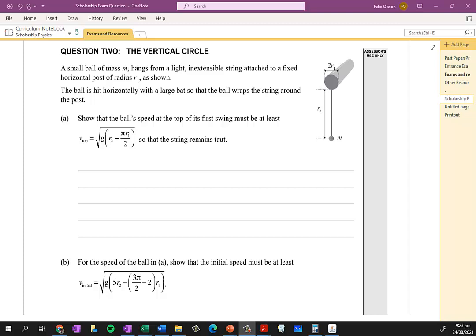So this is a vertical loop, sort of, but because it's wrapping around this post, the string is going to be getting shorter, and so it's a vertical loop with a bit of a twist. And so we're going to use the idea that a minimum speed is required at the top in order for the string to remain taut, and that, remember, is the condition that mv squared over r is greater than or equal to mg at the top,